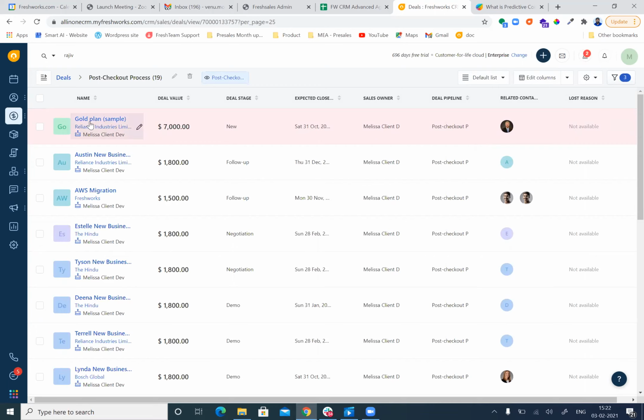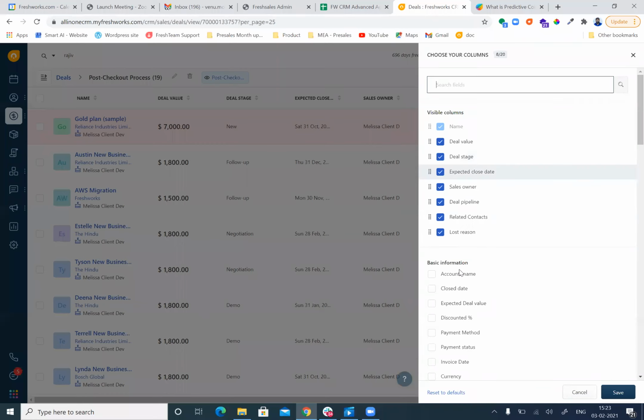You can see the customer information in rows, and also the key default columns, which show you highlighted information. Even these columns are fully customizable by clicking on edit column. You can enable and disable whatever field or column information you want to list in the home screen or in the list view.